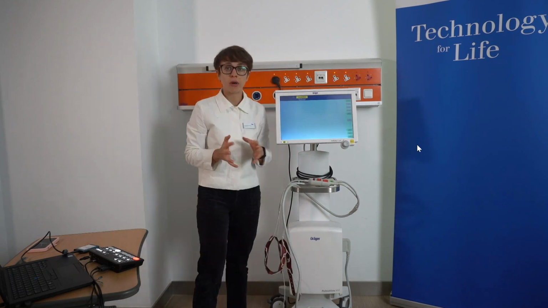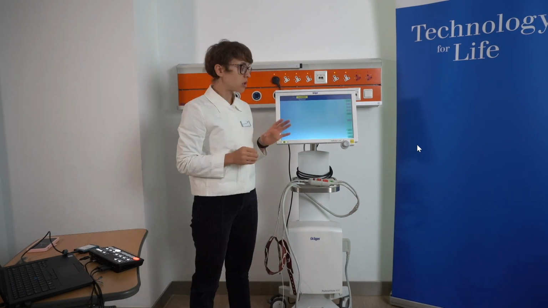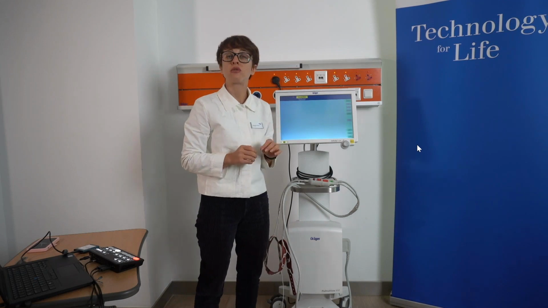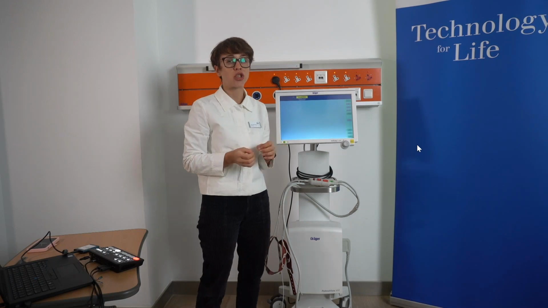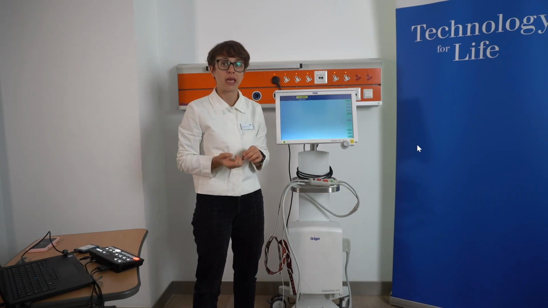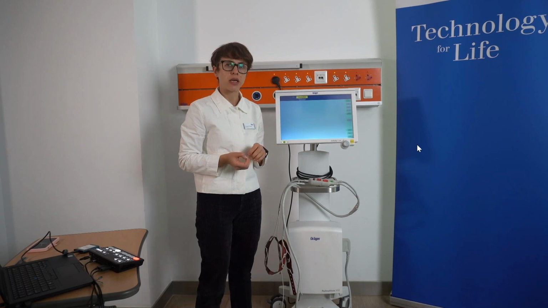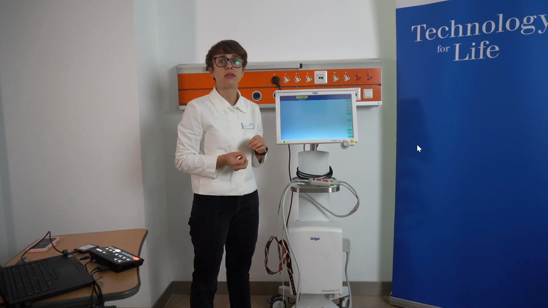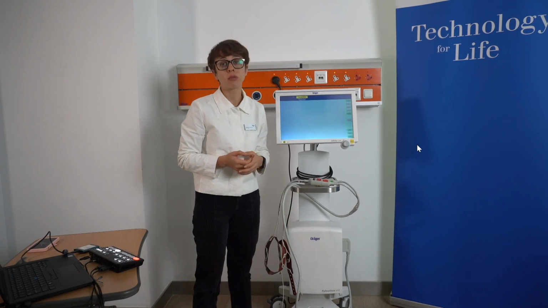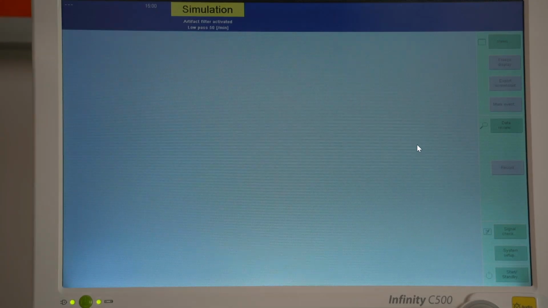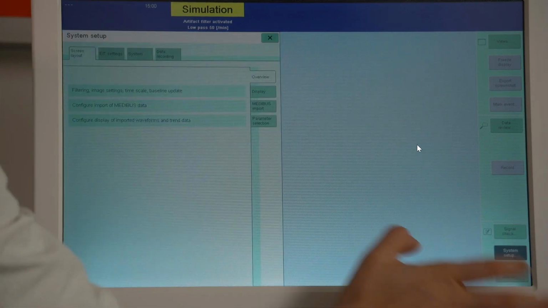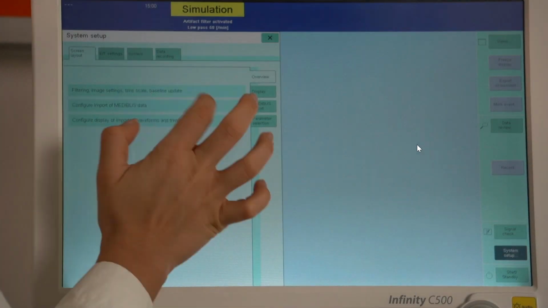For the purpose of the demonstration today, I'm not going to do the live measurement, but I would rather like to talk to you about the potential clinical advantages that PEEP has in the ICU. The two examples that I would like to address today are the evaluation of the recruitment maneuver and the response to the recruitment maneuver. So let's have a look at the display. In the device, we have already preloaded